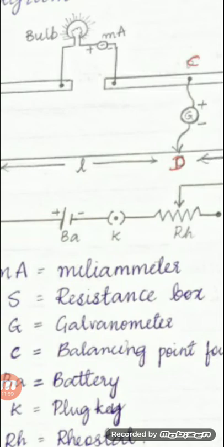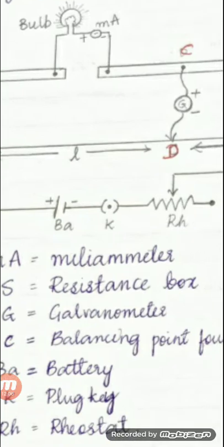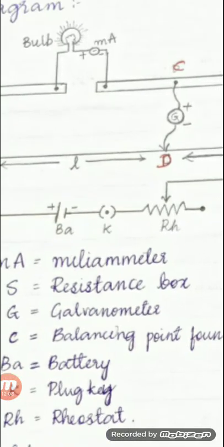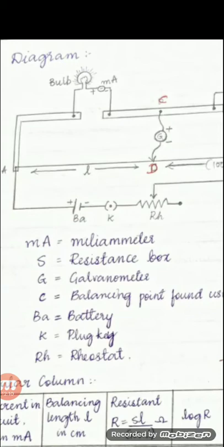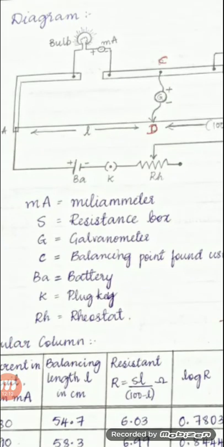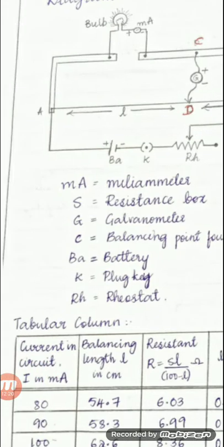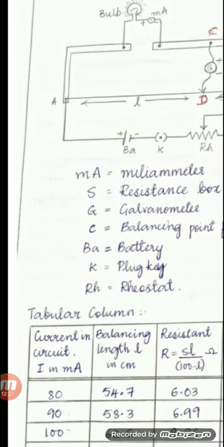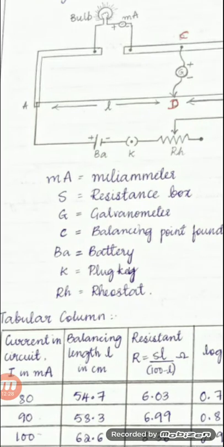When the bulb starts to glow, you note down the corresponding current in the milliammeter. That will give you the current in the circuit, capital I, in the milliammeter. Okay, soon after that,